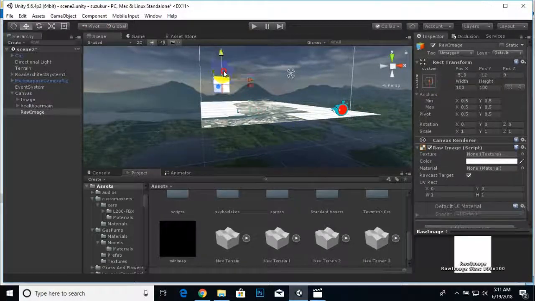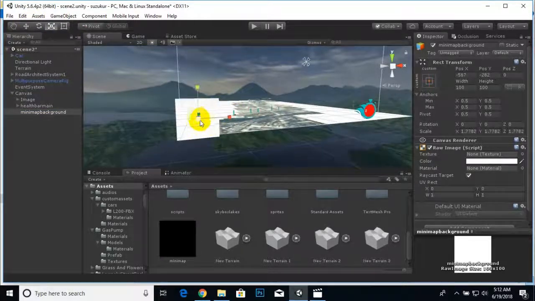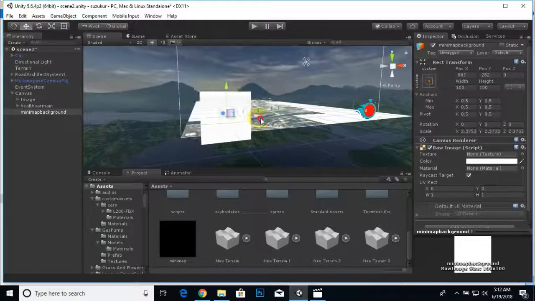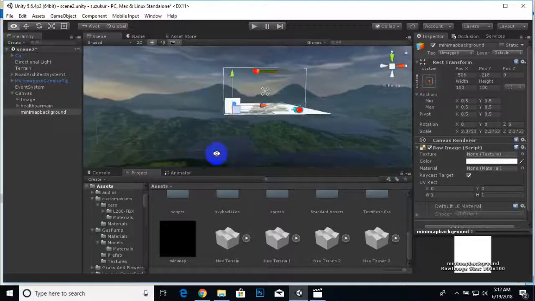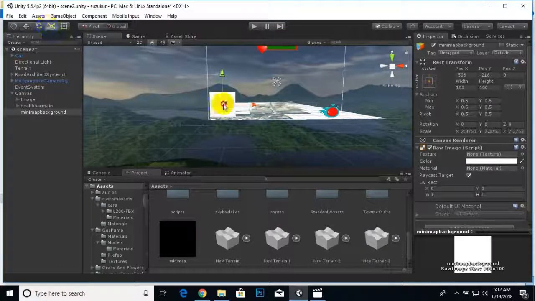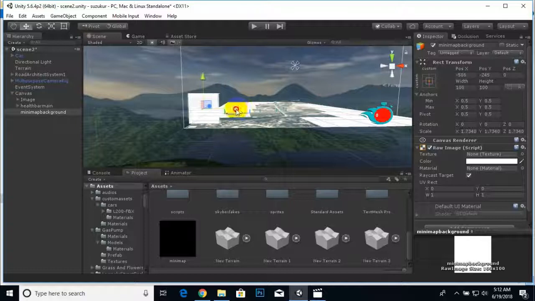We will move the minimap here, and we can rename the raw image to minimap background, and we can scale this minimap like this. Oh, it will be too big, so here it will be fine, maybe.